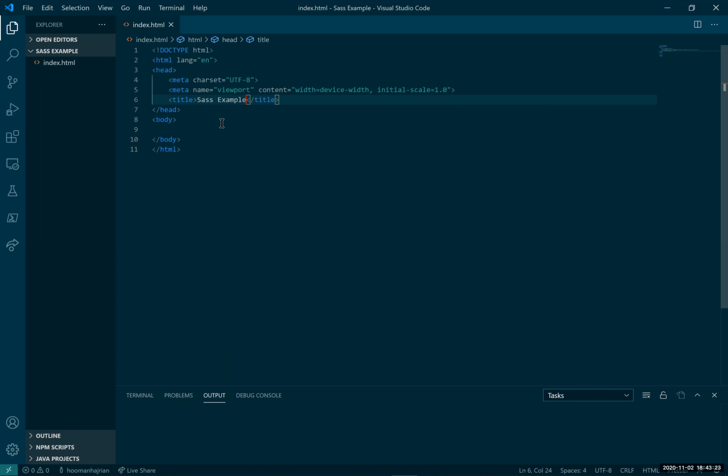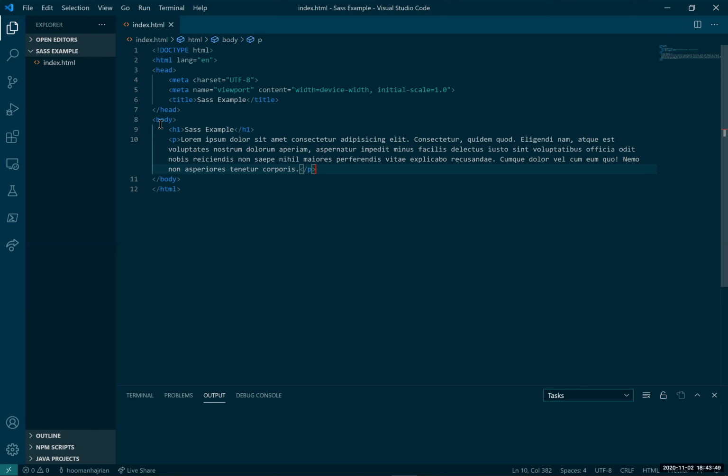And we're going to put some H1s here, maybe just one H1, and we call it the same thing as the example. We can also put a paragraph here or anything we want with the lorem 50 words. So right now we should be able to see one header and one paragraph with all these words in it